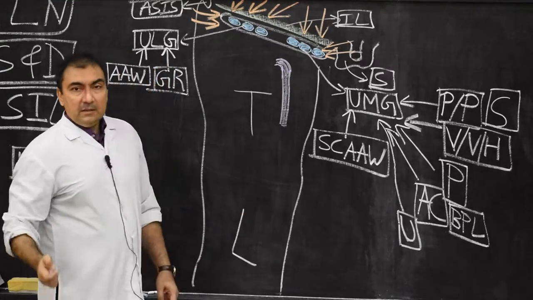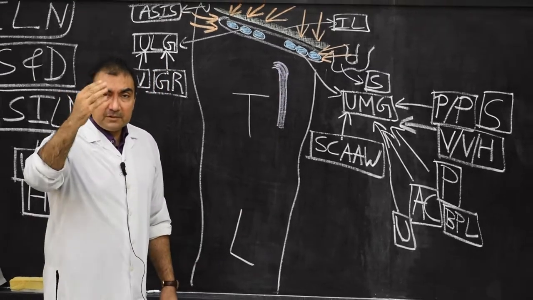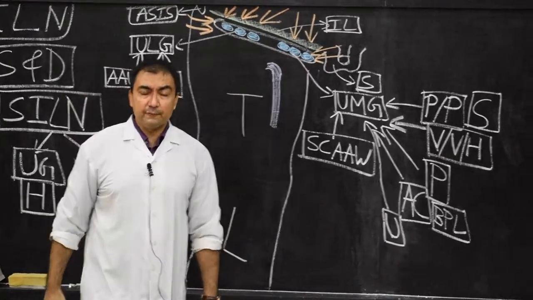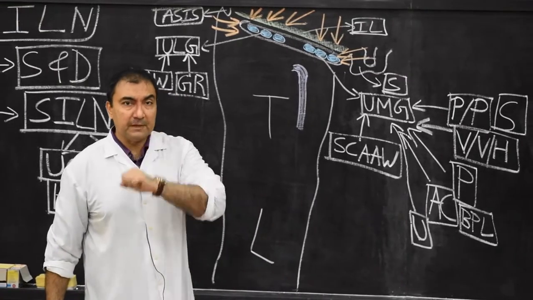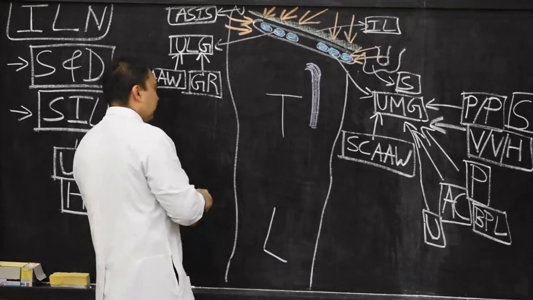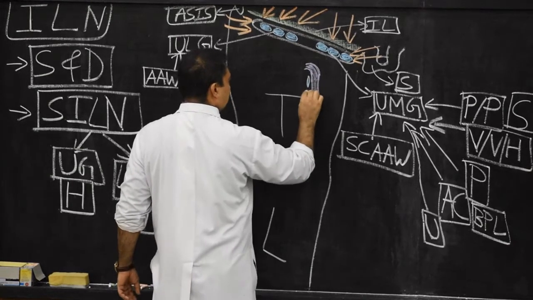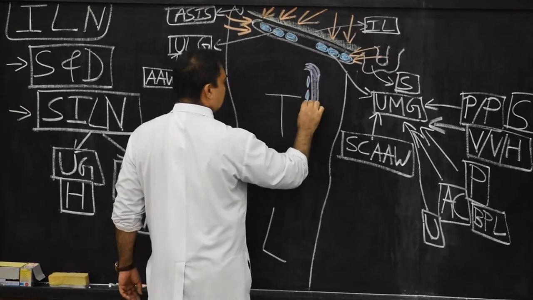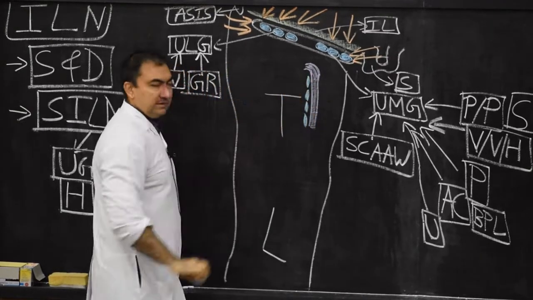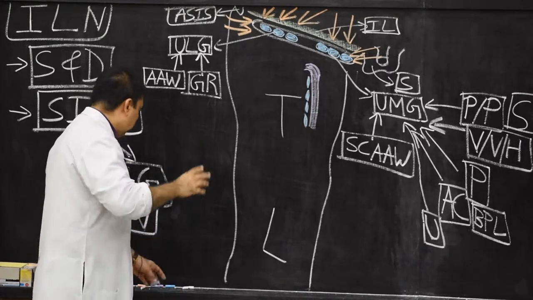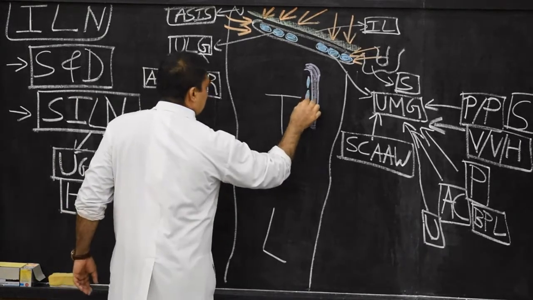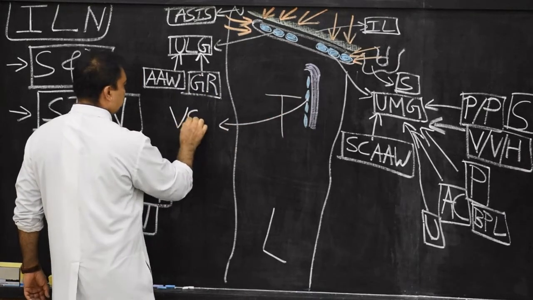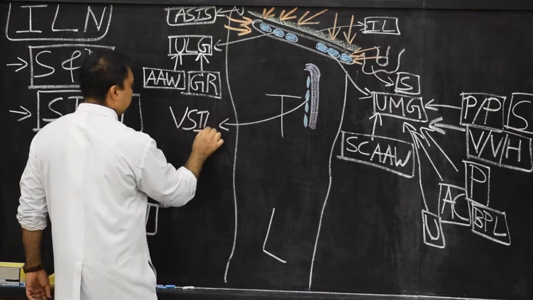Now lateral to great saphenous vein, there will be arrangement of vertical group of superficial inguinal lymph nodes, or the lower group of superficial inguinal lymph nodes, and number will be around 4 to 5. So here we draw the 4 lymph nodes. Once again, the location will be, they will be located on lateral margin of great saphenous vein. Always note down. So 4 lymph nodes which I have drawn, and here I will mention them as the vertical group of superficial inguinal lymph nodes.